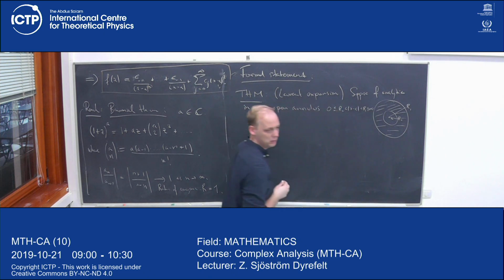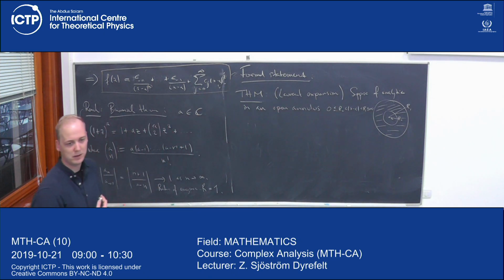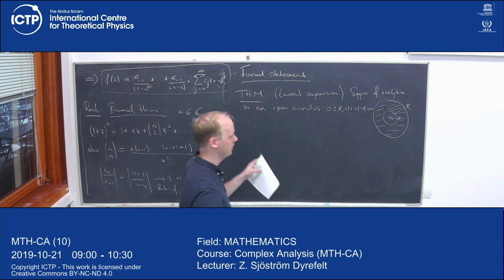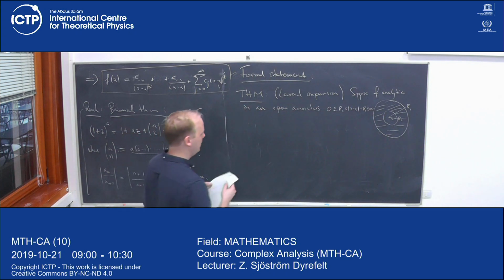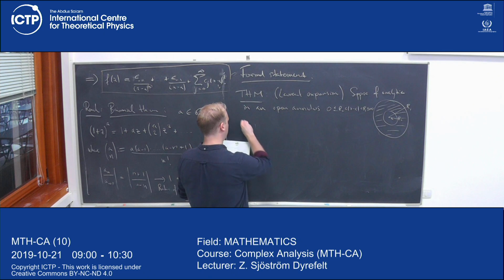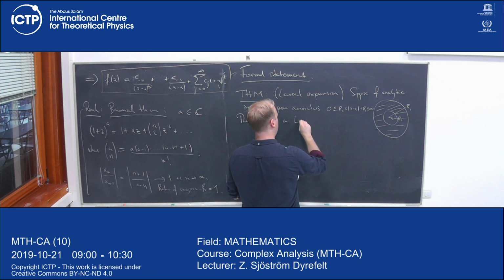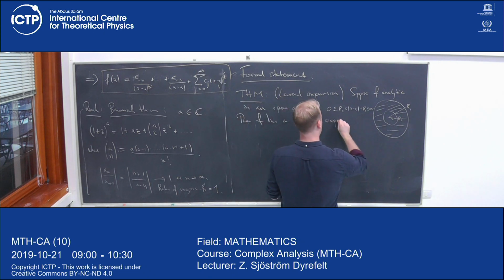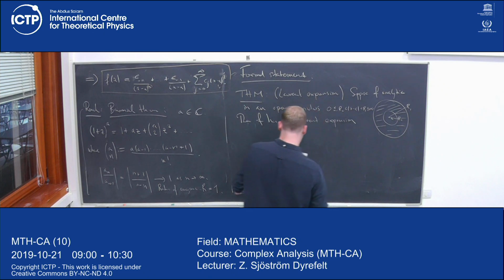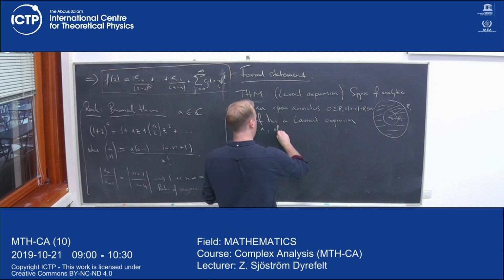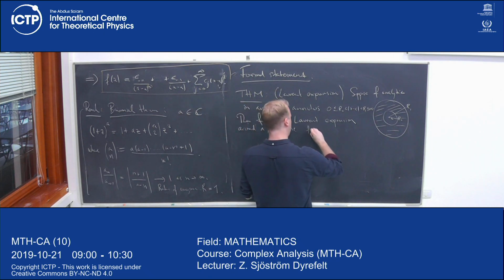This is less than or equal to infinity. So R1 could also be infinity. So if R0 is 0 and R1 is infinity, then it's defined everywhere except in 0 and infinity. So in this open annulus. So let's assume this. Then f has a Laurent expansion around a, and it is of the form